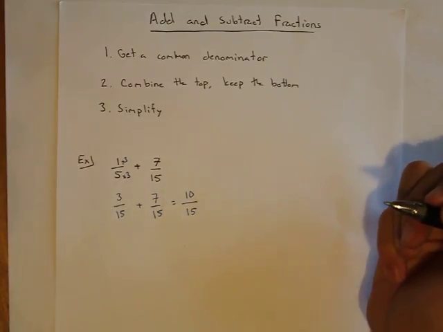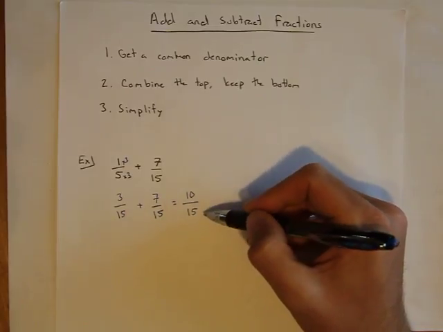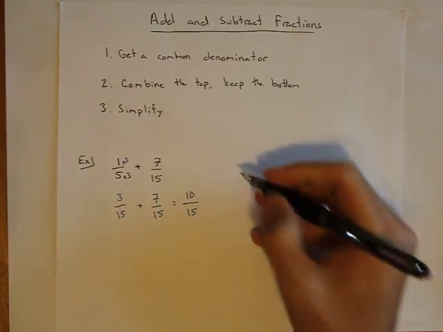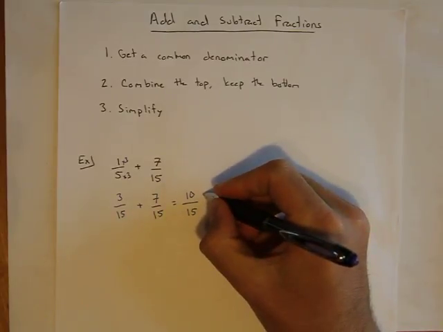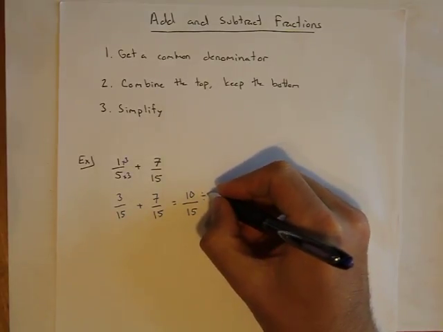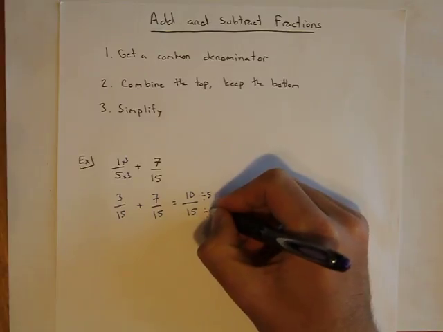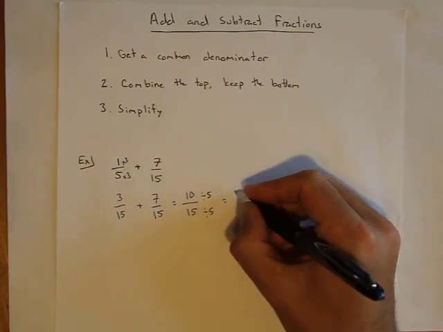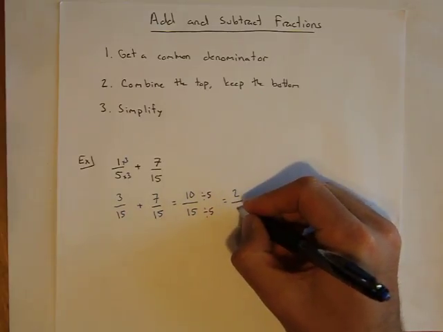The last thing I want to take note of is if I can simplify my fraction, I want to. I might notice that both the top and the bottom have a multiple of 5 in it. So I can take that 5 out of the top and the bottom. And when I divide that 5 out, I get a simplified or best answer of